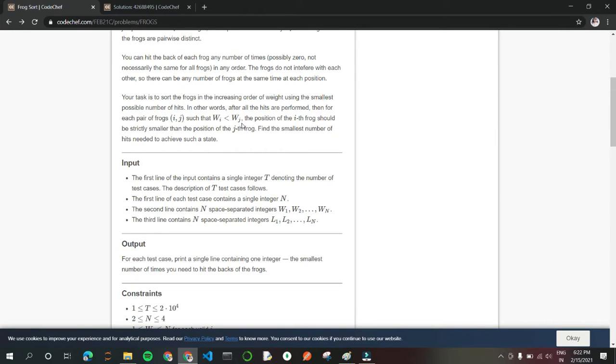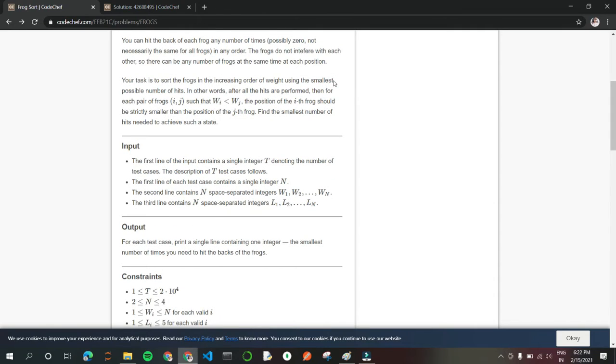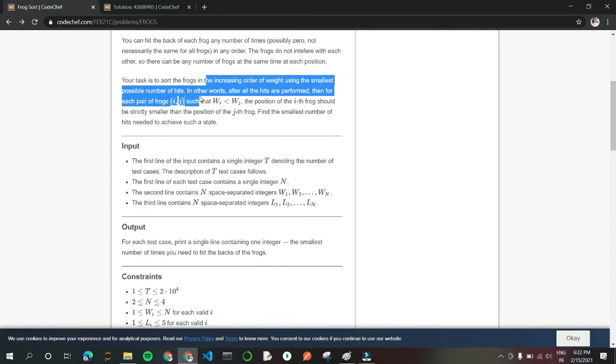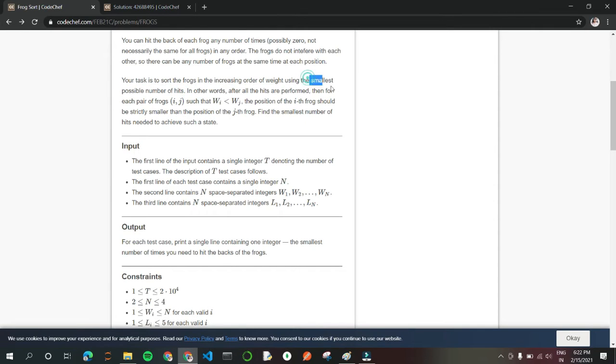The frogs do not interfere with each other, and there can be any number of frogs at the same position, but we have to sort them. Your task is to sort the frogs in increasing order of weight using the smallest possible number of hits, meaning the minimum number of hits so that they get sorted.